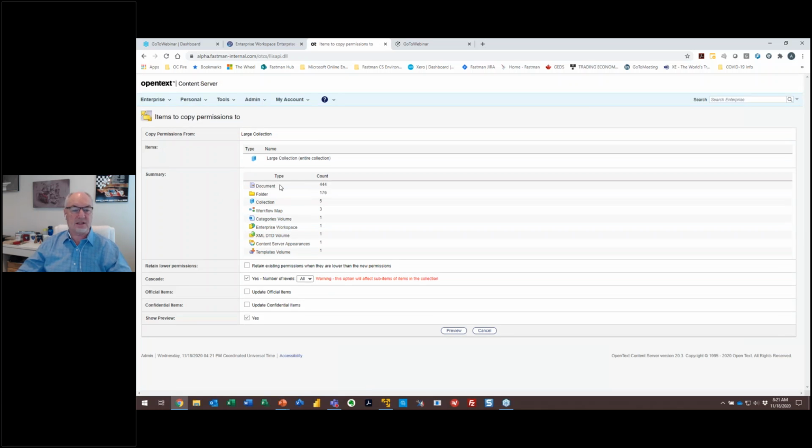Now, instead of just those items being shown, you'll get a count of all of the items that are being shown, including the different types. You also get this warning here because effectively you're pushing it down to all the sub-items. So there's 176 folders that have got content. And if I then preview this,